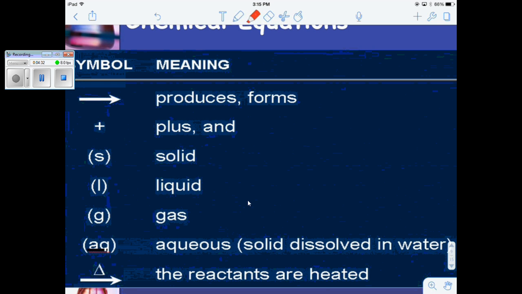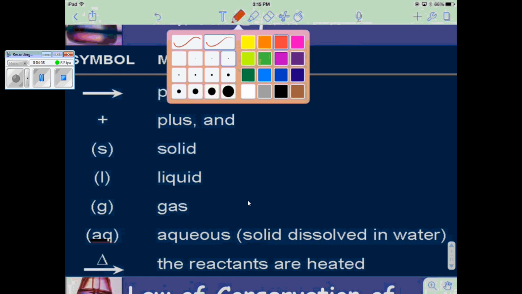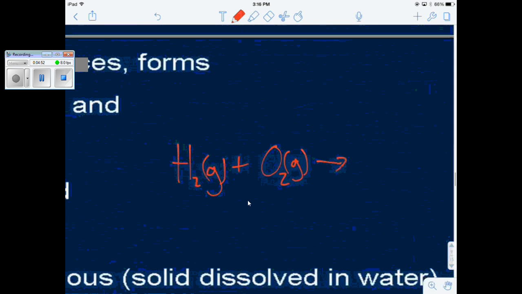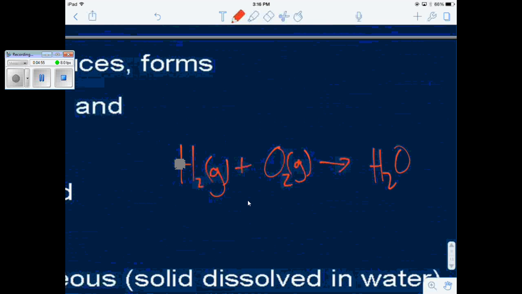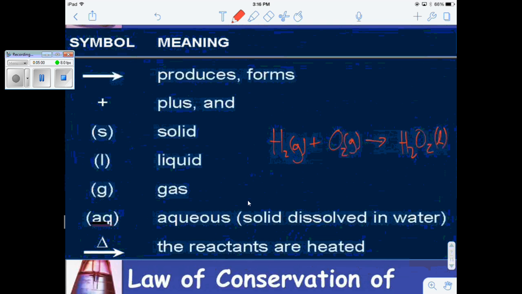And then it's pretty simple after you look at it. So for example, let me put on here, this would be an example. I'd have hydrogen gas, (g), plus oxygen, (g), produces, and for the sake of keeping this as a balanced equation, I'm just going to put H2O2, and it's a liquid. All right, and so really what this is saying is I've combined hydrogen gas and oxygen gas to produce H2O2, which is peroxide,